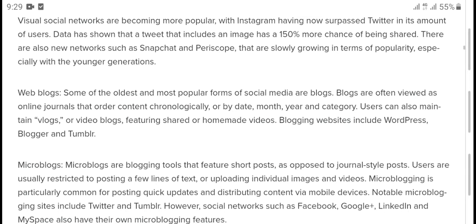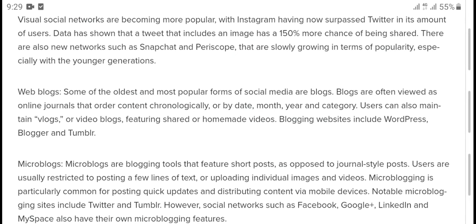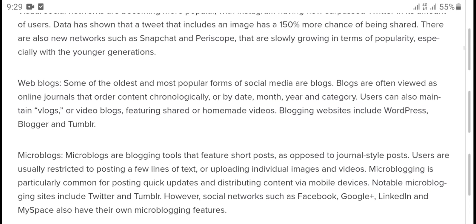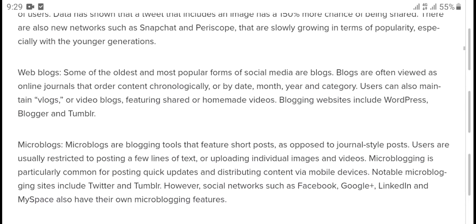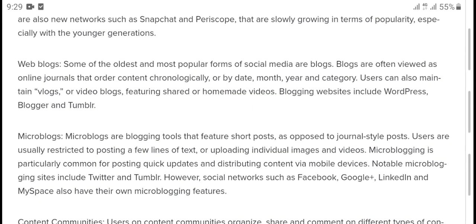Instagram and Twitter are also popular. The amount of user data is large, and tweets can include images. There are also new networks such as